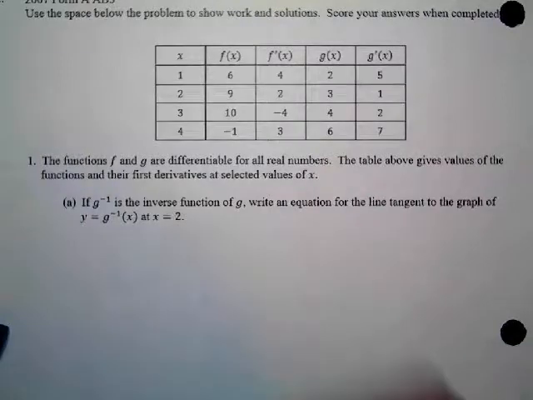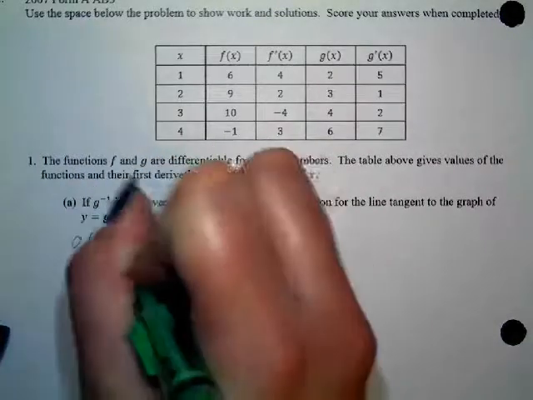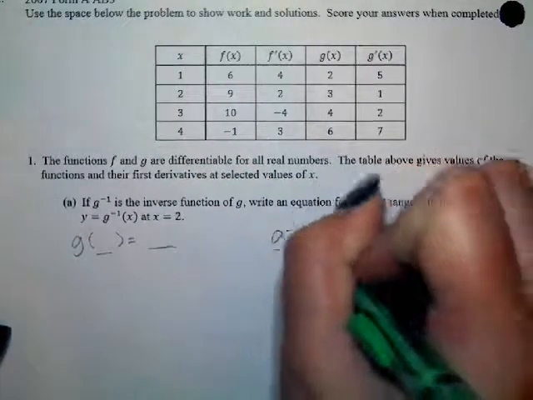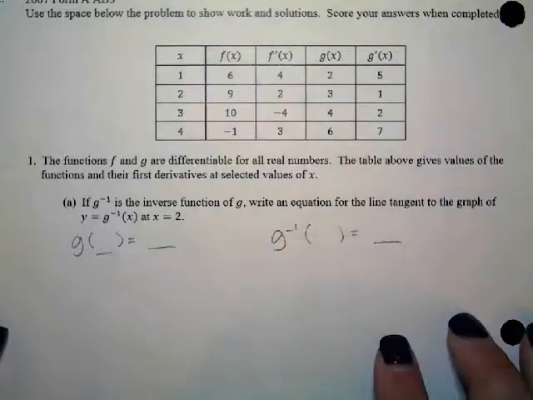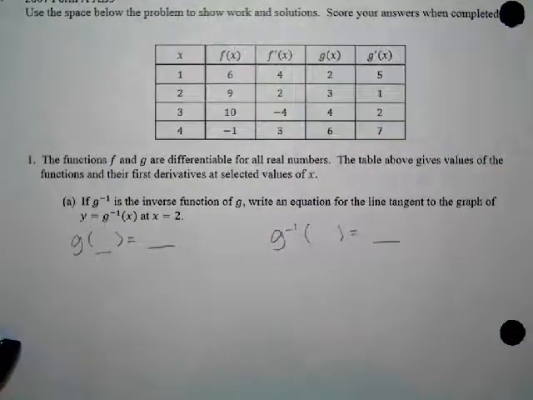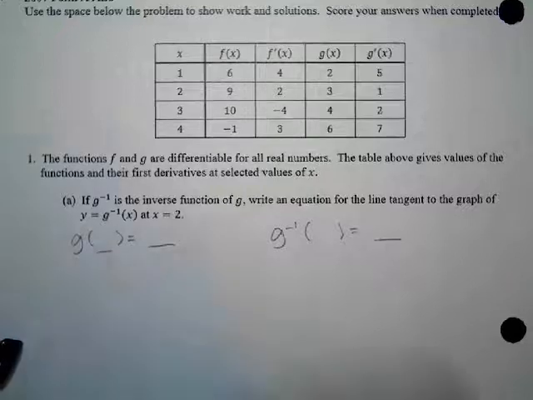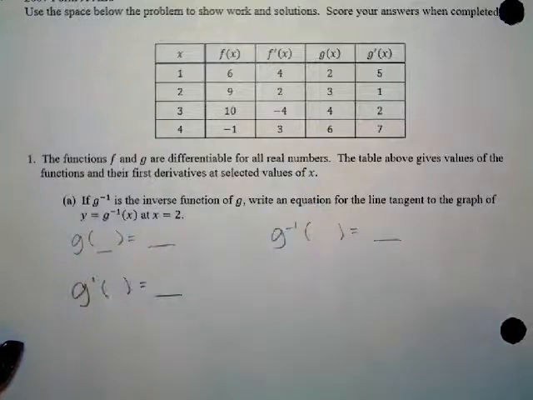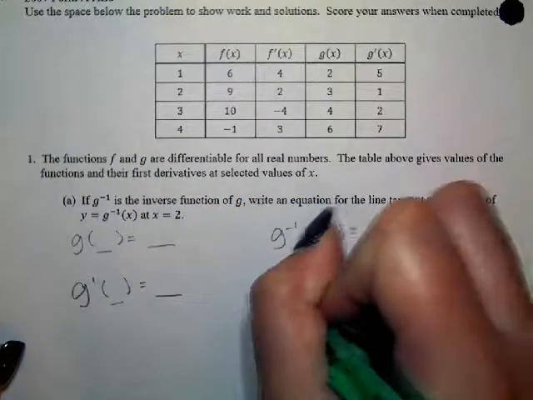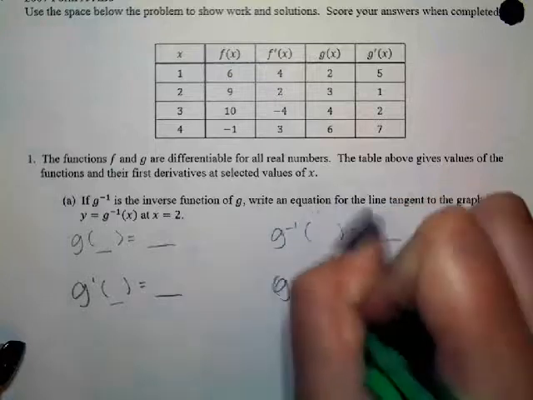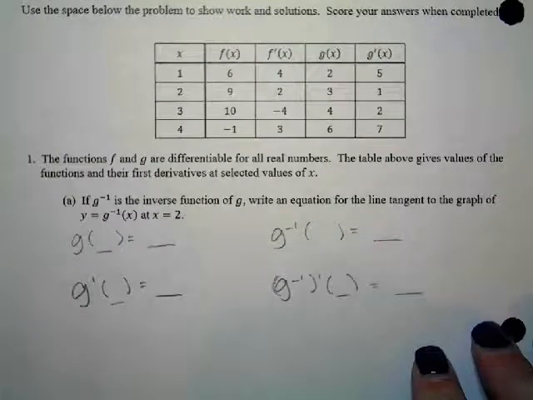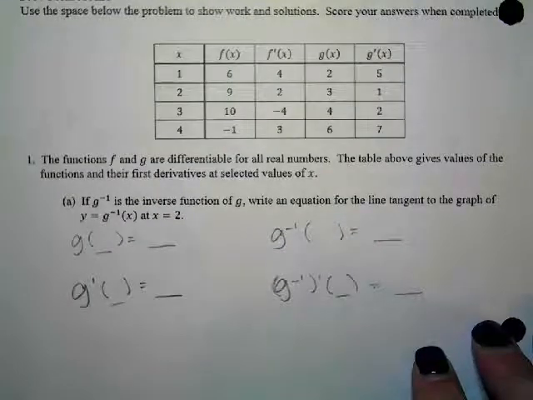All right, so here's what I'm going to write. I'm going to say g of something equals something. And g inverse of something equals something. I'm going to say g prime of something equals something, right? That's our slope. And then g inverse prime of something equals something, okay? And there's all these little relationships that go on here that have to do with just trading x and y,